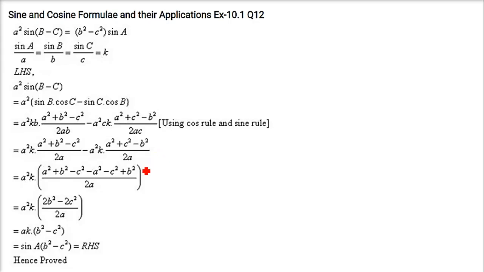Now here you have this one, you have to prove this side equal to this side. So what we will do here is, we will use the left hand side. So a square remains here, sin(B−C). So sin(theta 1 − theta 2) formula we will use. Sin B cos C minus cos B sin C. Here again we will use the cos C formula as (a square plus b square minus c square) by 2ab, and this cos B formula as (a square plus c square minus b square) by 2ac. Now this a square sin is there, and this sin B can be written as b into k. So we are writing b into k. This sin C can be written as c into k. So we are writing c into k.